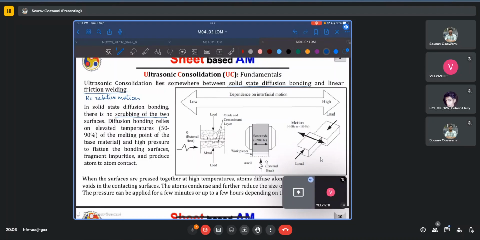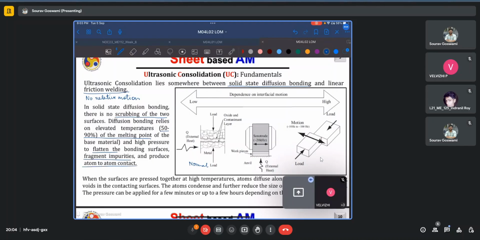We just have very high temperatures, typically somewhere between 50 and 90% of the melting point, as well as very high normal loads or normal pressures. So these loads will produce very high pressures to flatten the bonding surfaces, to fragment the impurities, and to produce